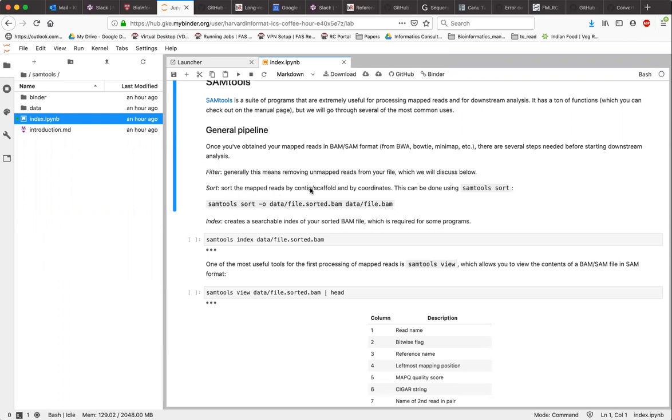You then sort your file, both by contig or scaffold and by coordinates. We do this using the Samtools sort command. For the example BAM file that I have, I've already sorted it, so we don't need to run this again. I'm just showing you the syntax of it. It's samtools sort, then -o is the output file you want to create,